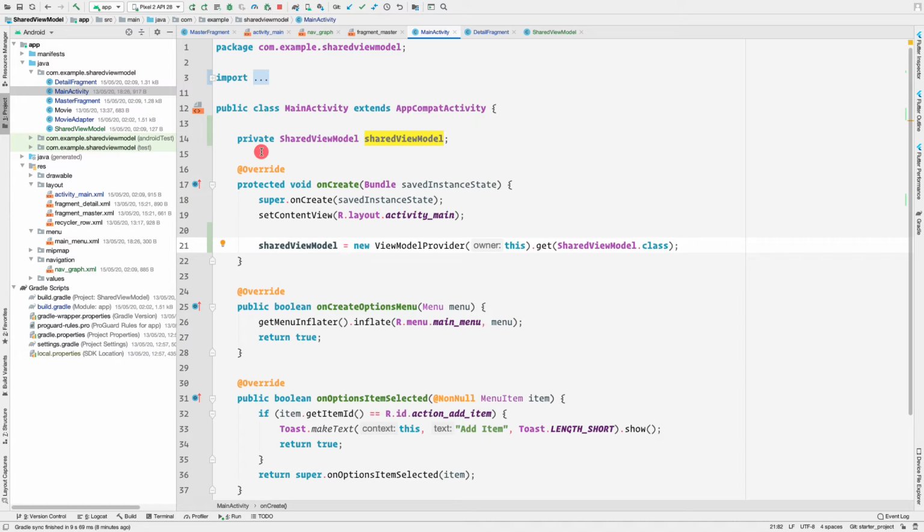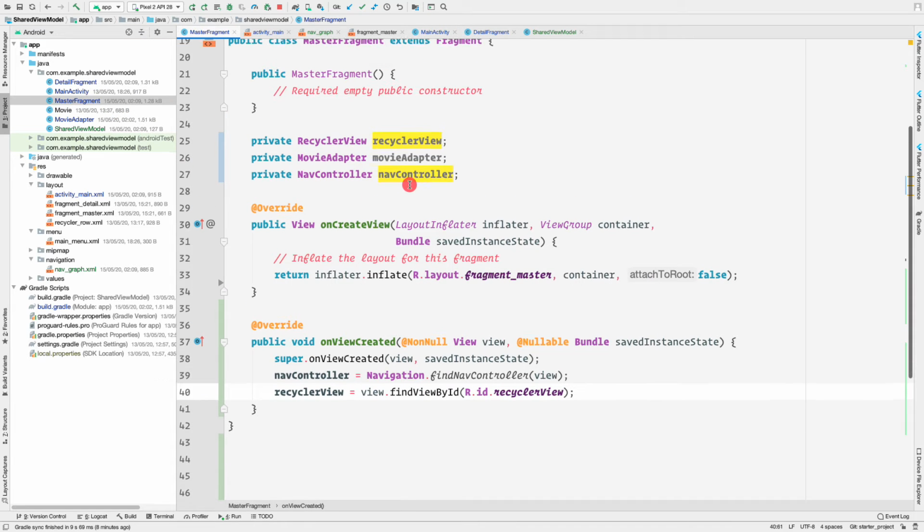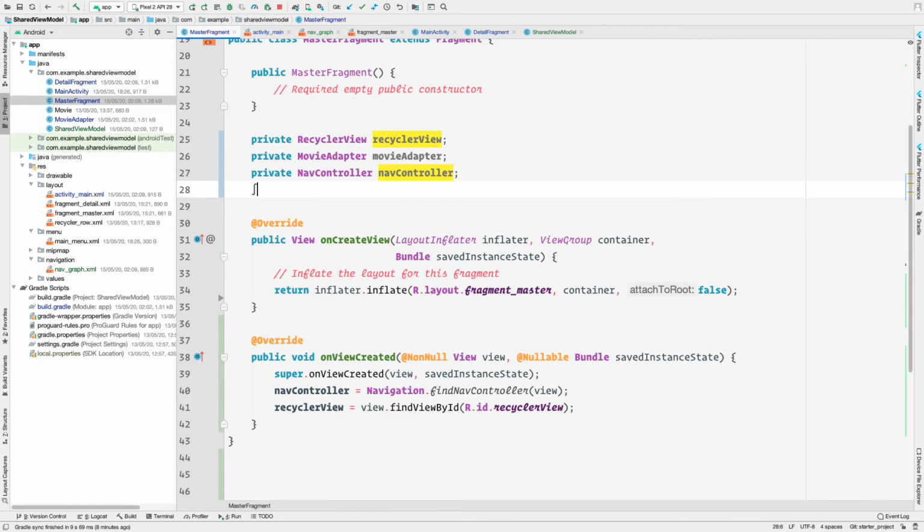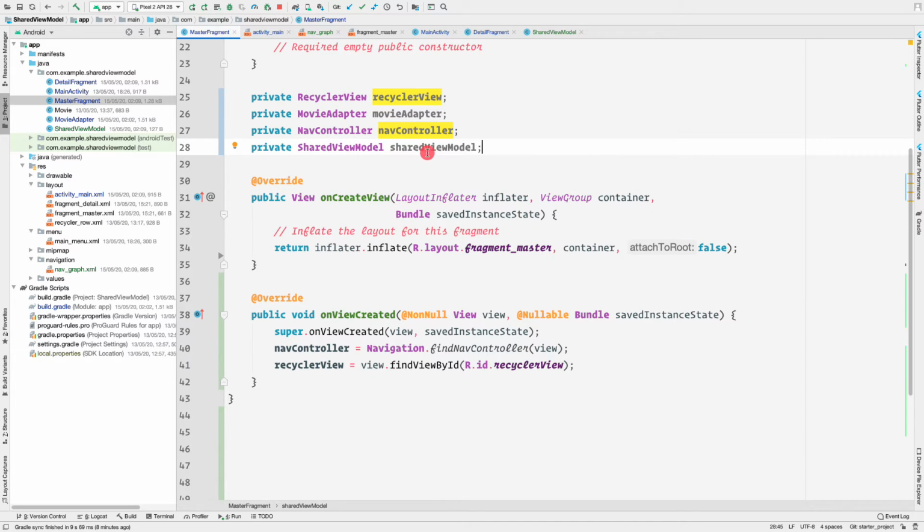And now we have an instance of our SharedViewModel. Now let's also find the SharedViewModel inside the master fragment and the detail fragment. Let's copy this and go to our master fragment, and again we'll declare it here. You should initialize your SharedViewModel inside onViewCreated.